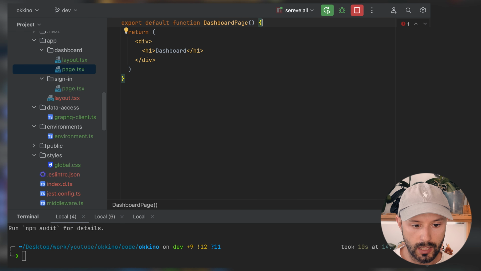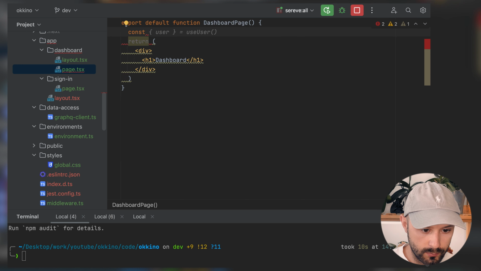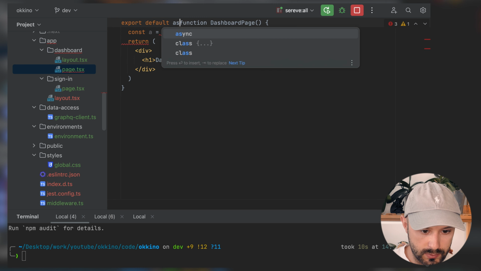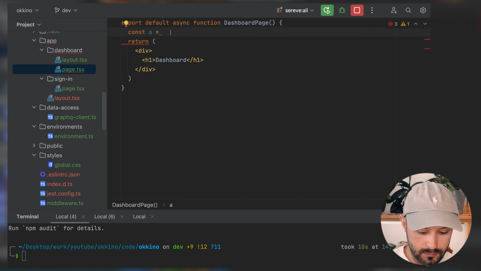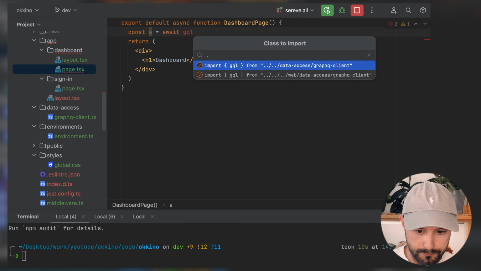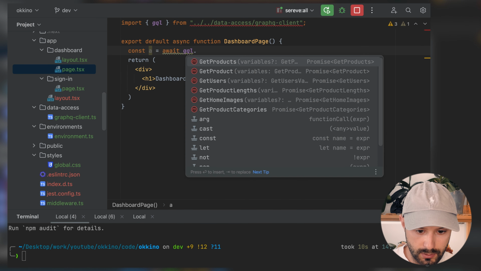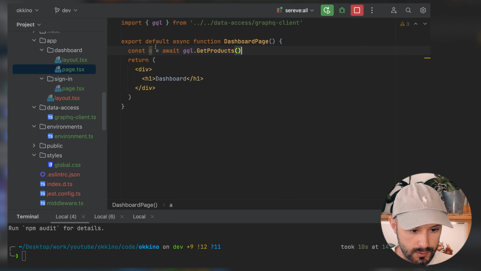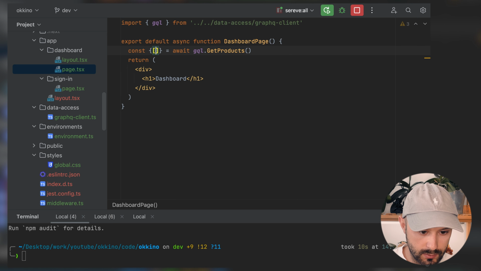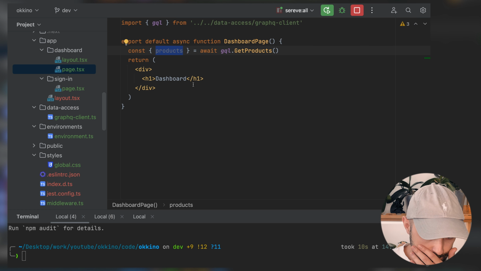We want to protect our API, and let's do it real quick. For example, we want to get some data, and we can await once I specify a thing here. And we want to await GQL from here dot get products. Yeah, get products. And for now, let's get products out of here and render it